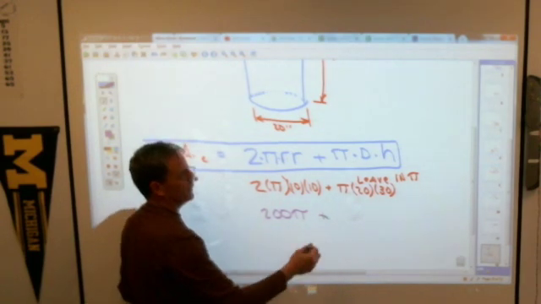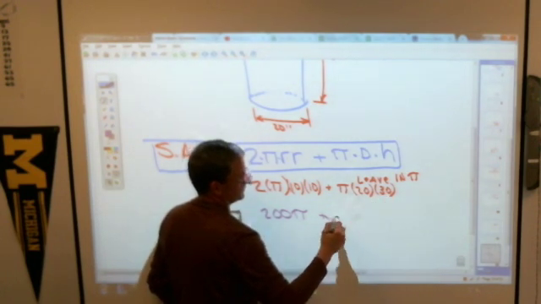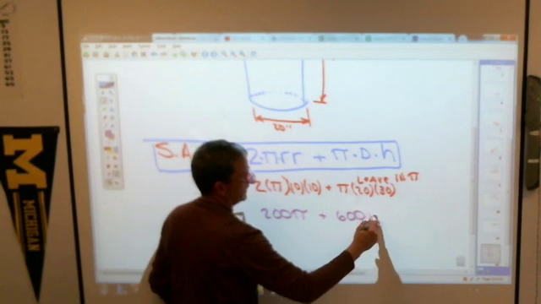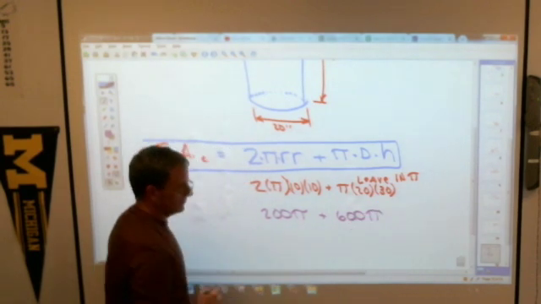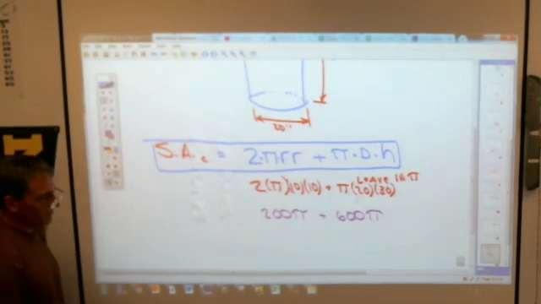To that, I'm adding, what is 20 times 30? 60. Nope, that's, no, 600. 600 pi's. Now, ladies and gentlemen, if they both end with pi's, if I have 200 pi's, Andrew, and I add 600 more pi's to it, what is my answer? 800 pi